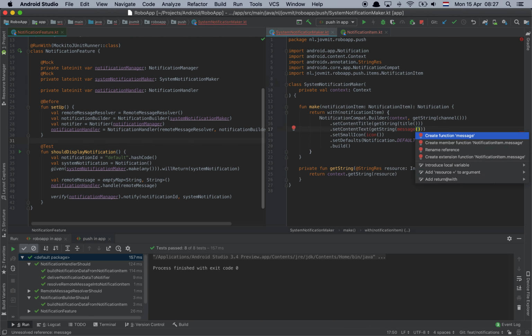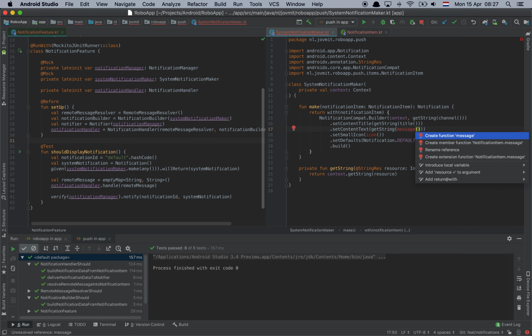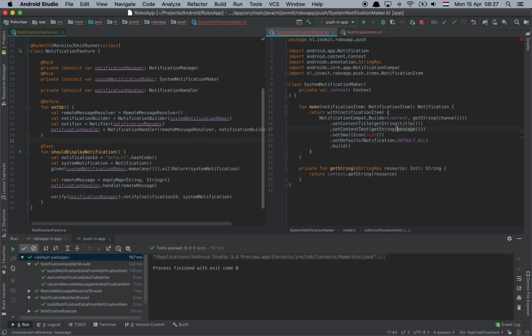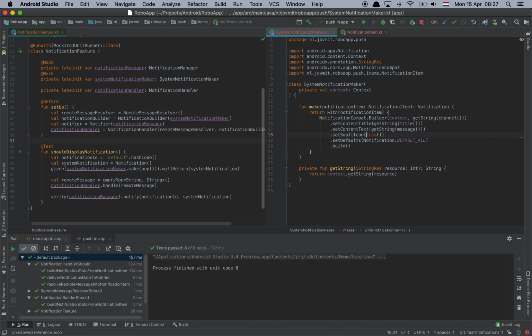And then I need the message. Oops, not there, but here. No implementation, please. And an icon. So these are functions in the interface that each notification item will have. So this maker will be able to make a system notification out of it. And now, because I've just merged those functions in the notification item, I am forced to override all those in